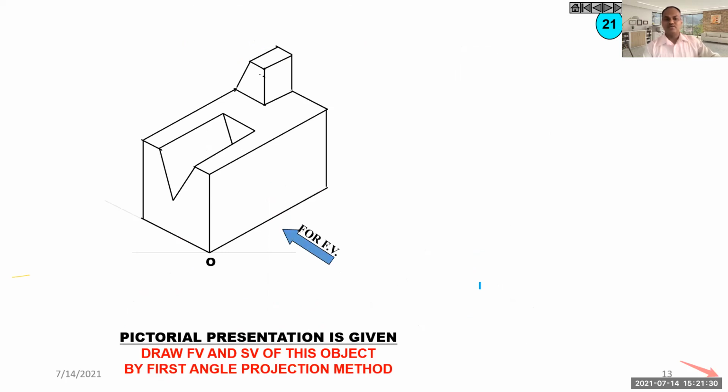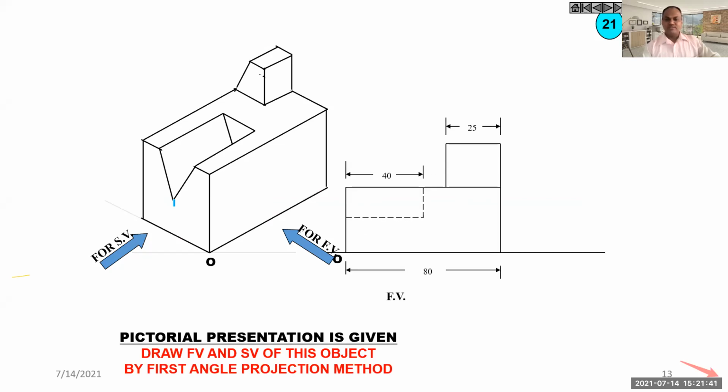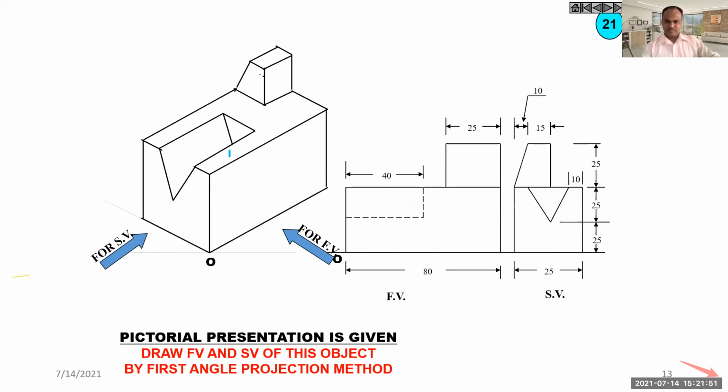Now this is again an easy kind of question. A larger rectangle and a smaller rectangle, and this will be shown by a dotted line. So they have asked for front view and side view only. A larger rectangle, a smaller rectangle is kept on it, and this dotted line for this small cut groove. And in the side view, you can see this V-shaped portion, and this line will appear full here, and this small trapezium portion. So this trapezoid will be shown.